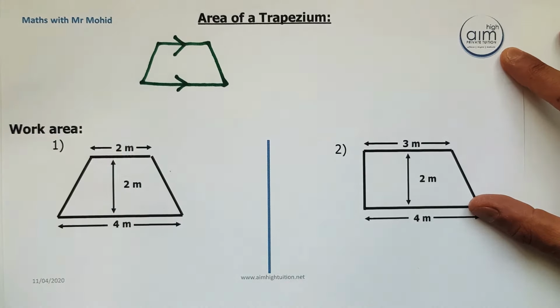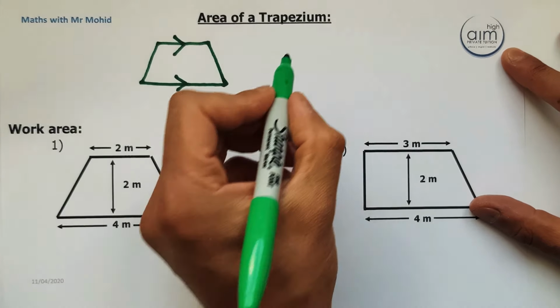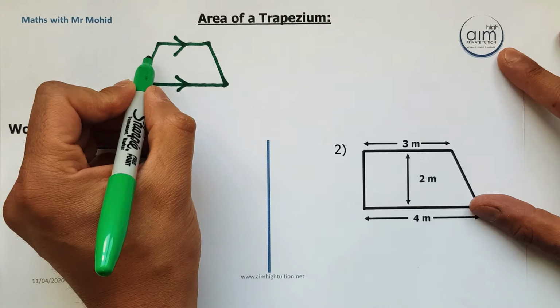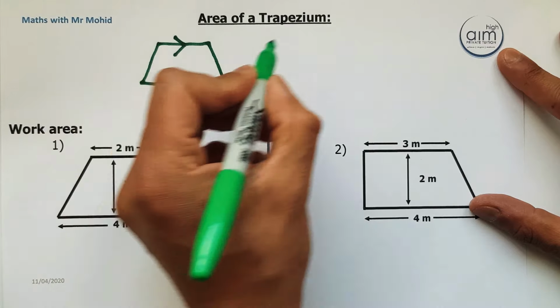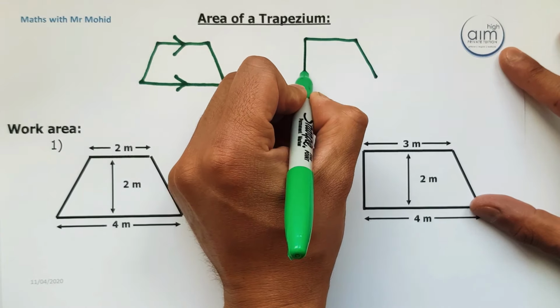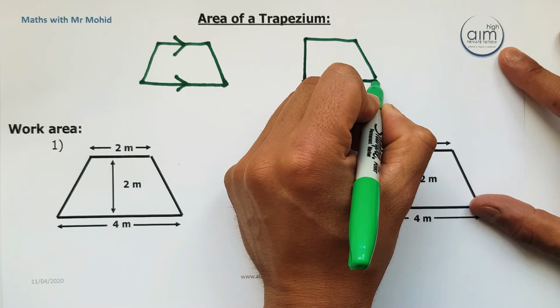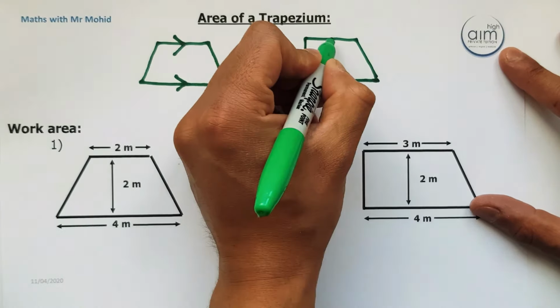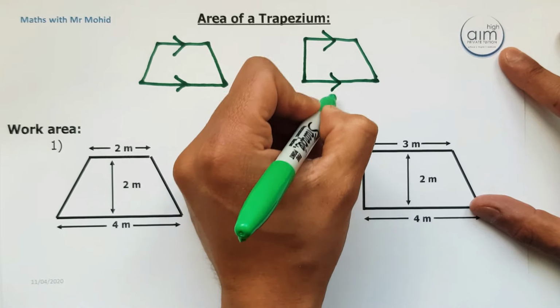Now you can have different sorts of trapezium. You could have one example where there's two slanted sides, or you could have a trapezium that's got one slanted side and one vertical side, just like that. And the only condition is it's got four sides and one pair of parallel lines, which makes this a trapezium